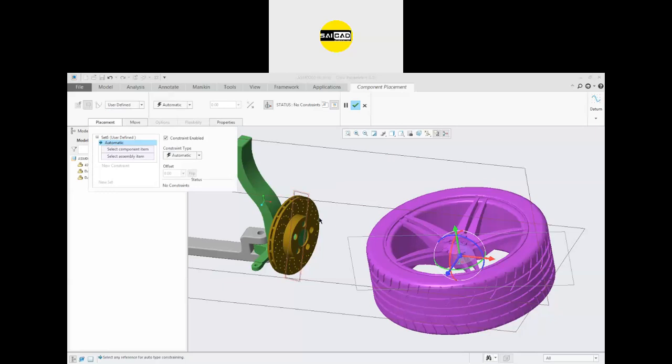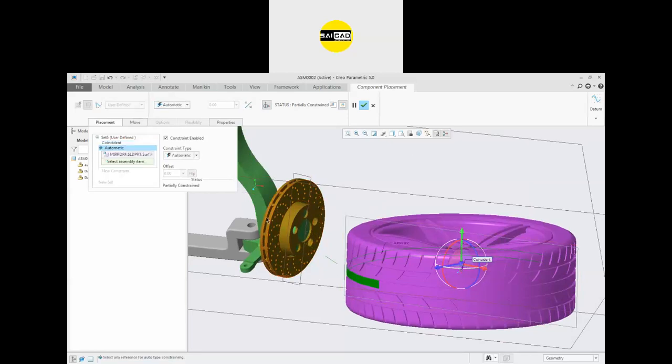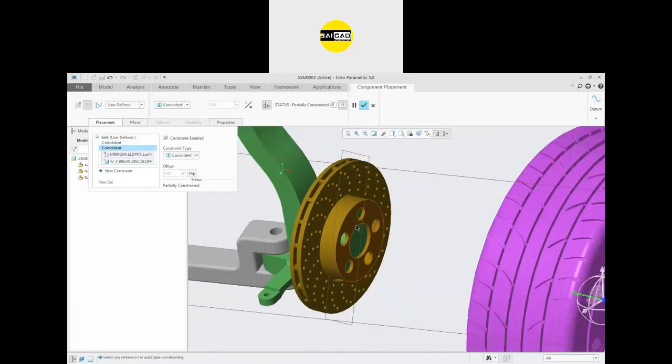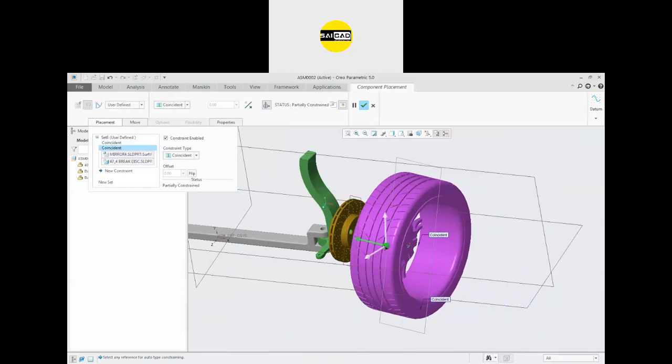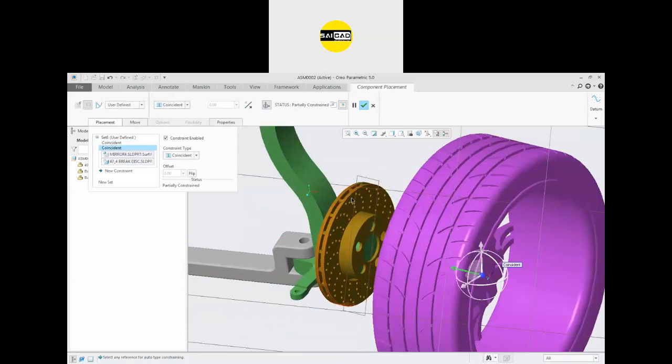Go to the placement and select like this plane and this plane, make it coincident. Okay, and select this circular axis to this one, and you will see the component is according to the orientation of this product.